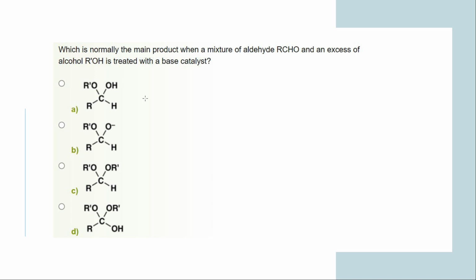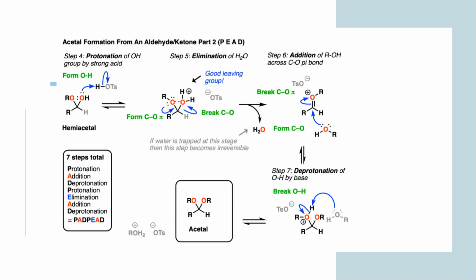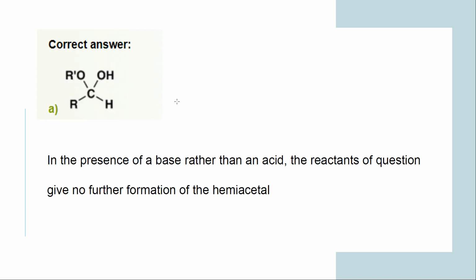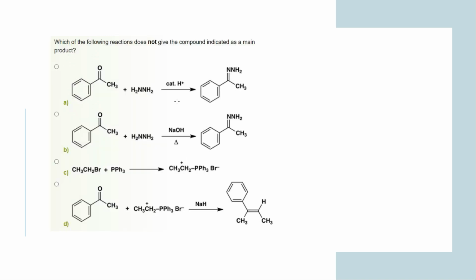So in the next question, we saw what is the main product when aldehyde and alcohol is now being treated in presence of base catalyst. Okay, and we saw in presence of base, we do not get acetal, we only get the first half mechanism for the acetal formation, that is, you get only hemiacetal formation in presence of base. And then in the next question, we saw that out of all these